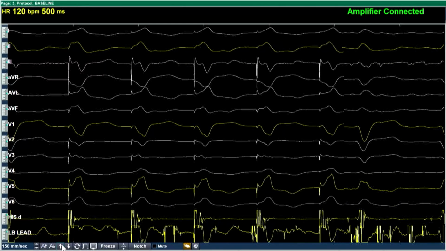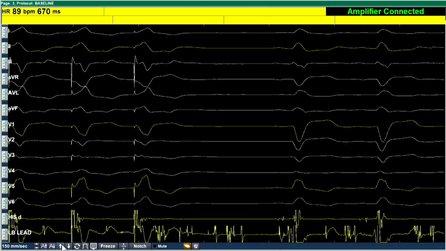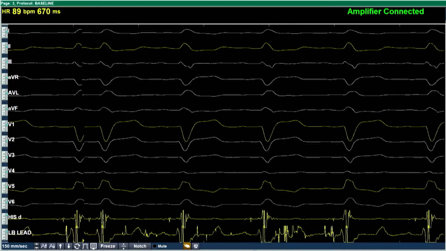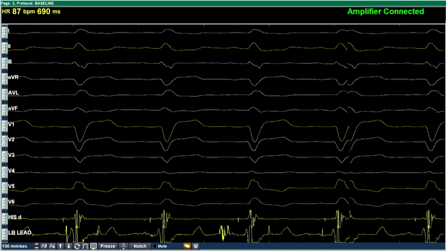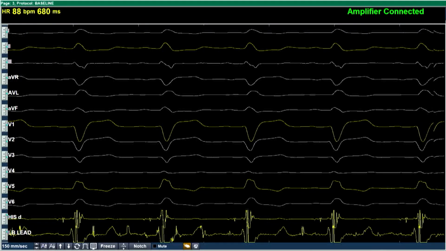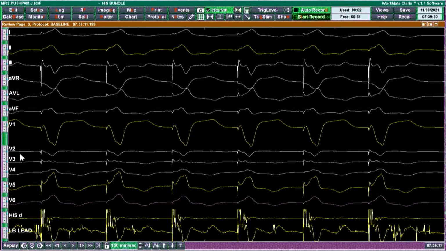Yeah. Stop pacing. See a notch coming out. Yeah. So can you zoom it? That V1, can you zoom it? Increase amplitude of lead V1. Yeah. So the paced complex. Yes, sir. This is a paced complex. Yeah. Go to the review screen, please. Tell them to switch over to review screen.